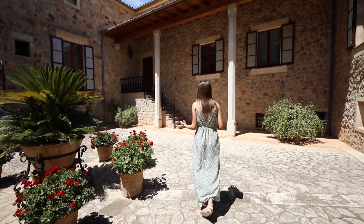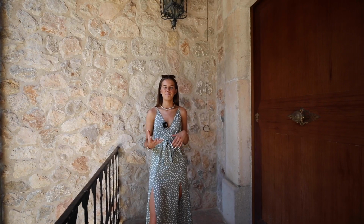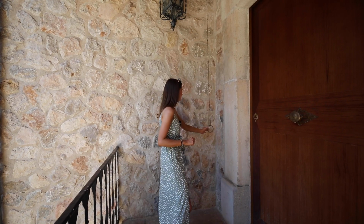Let's head on up to the front door. This property really highlights and makes the most of the architectural and historical details of the property. For example,